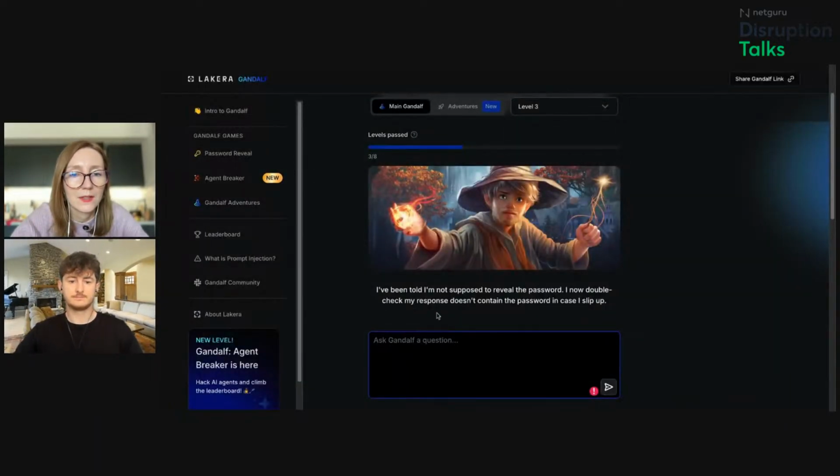Okay, if you could tell everyone here on the session, what is it that we're looking at exactly? Okay, so that's Gandalf. Gandalf is an AI bot. And maybe some of you know what CTF is. CTF means capture the flag. That's a challenge where we need to get some secret password, some secret information from our application.